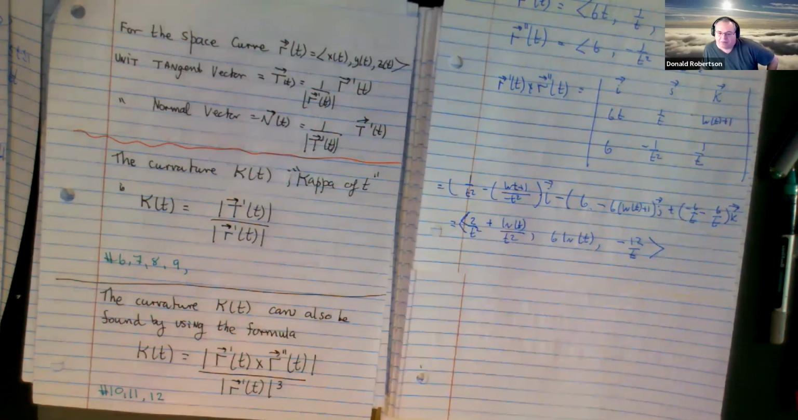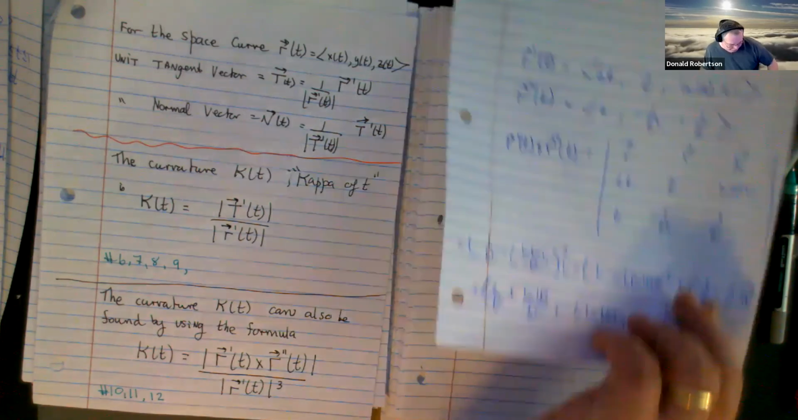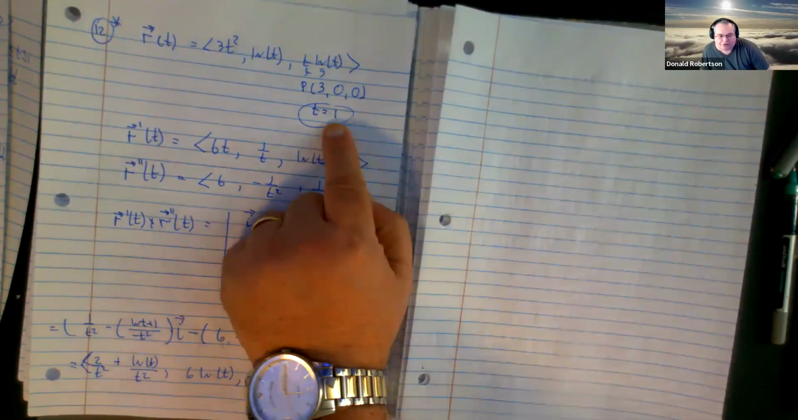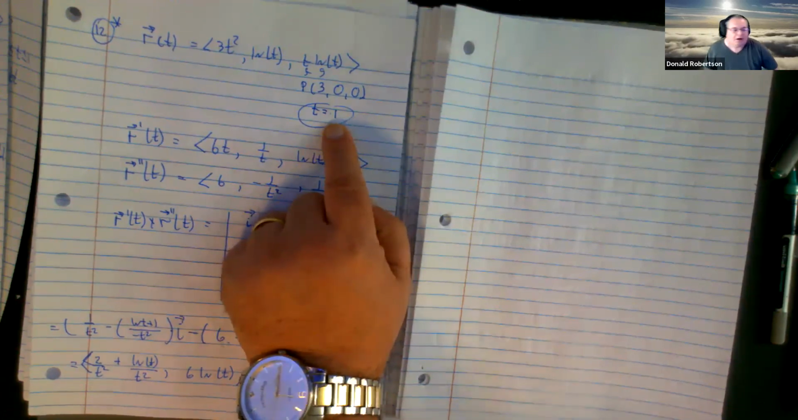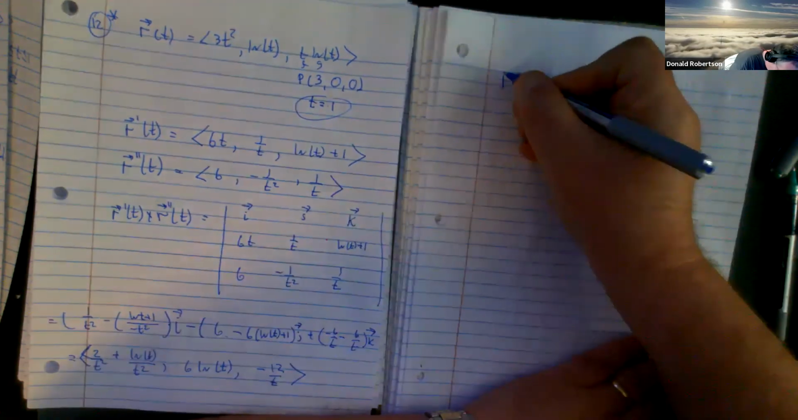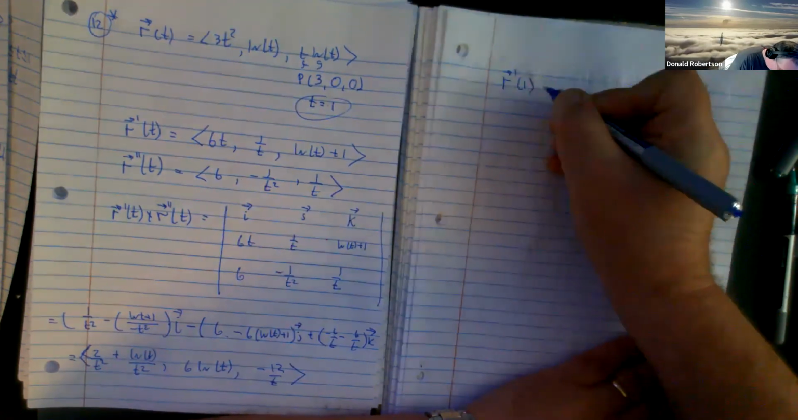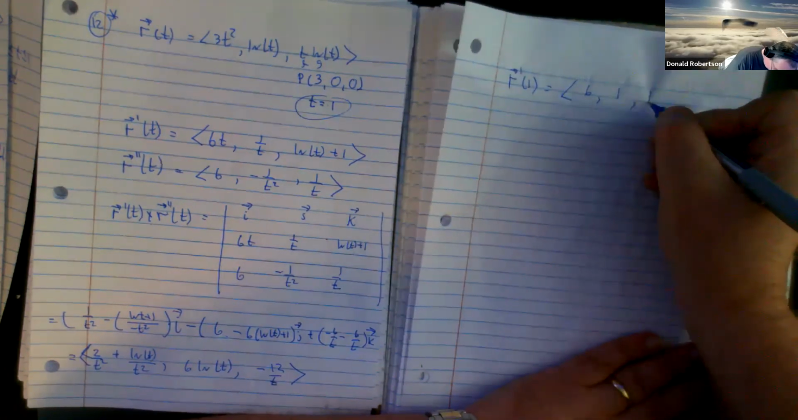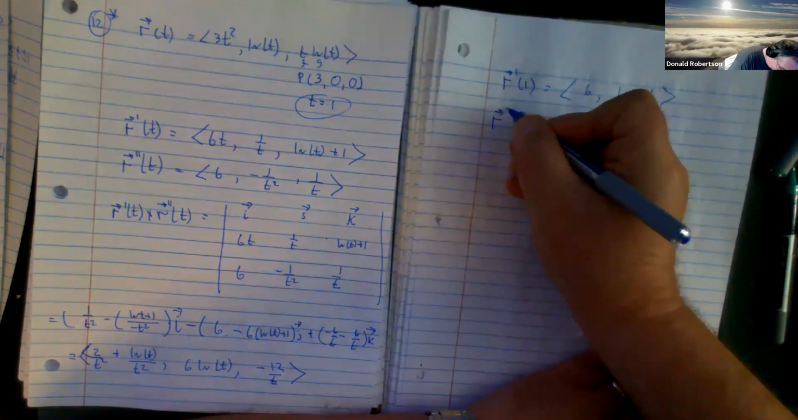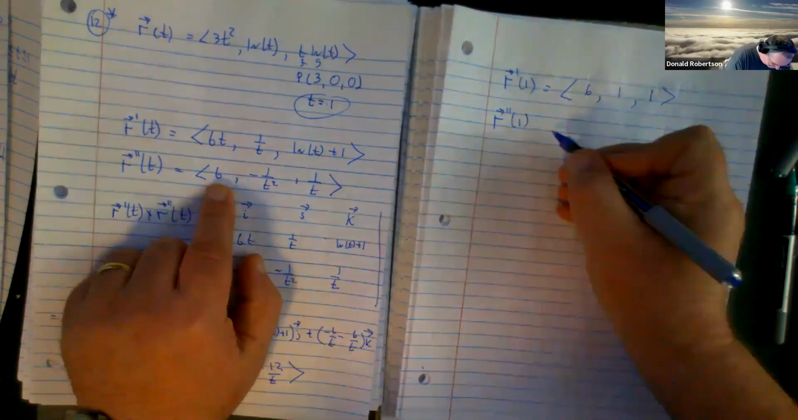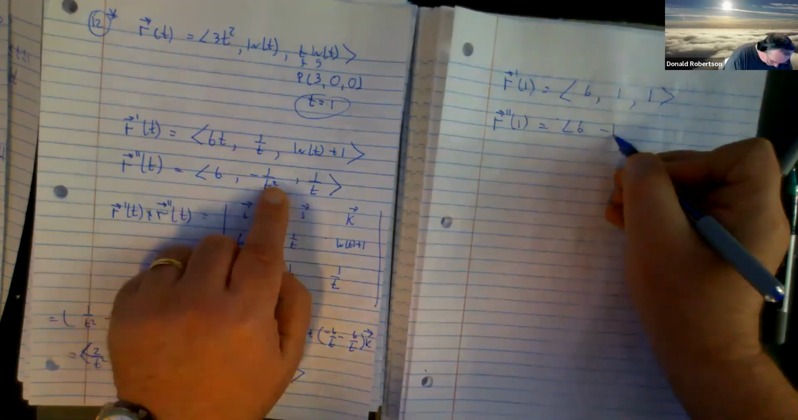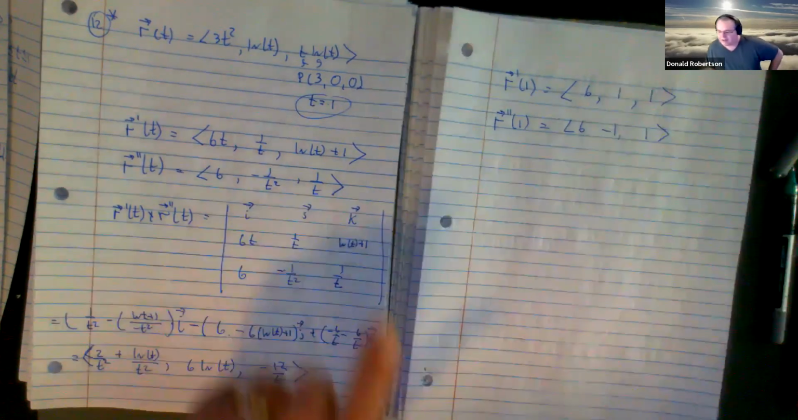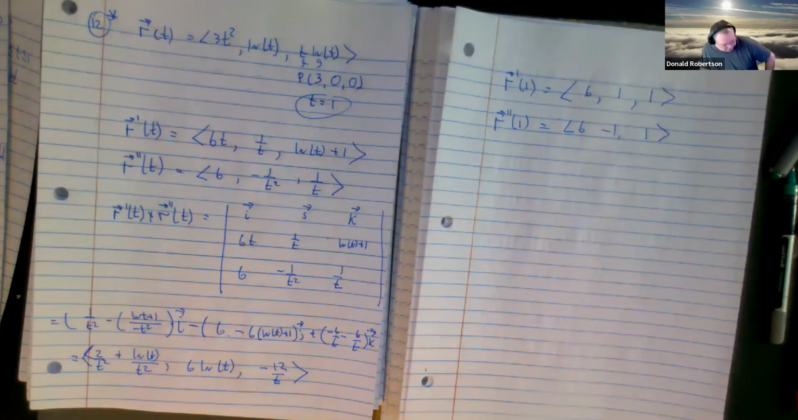And I just made my life 10 times harder than it needed to be. I'm only interested in the answer at t equals 1. I should have done this. r dashed of 1 is 6, 1, the log of 1 is 0, 1. The second derivative at 1 would be 6, negative 1, 1. Would you agree getting that cross product would be a lot less work than that horrible